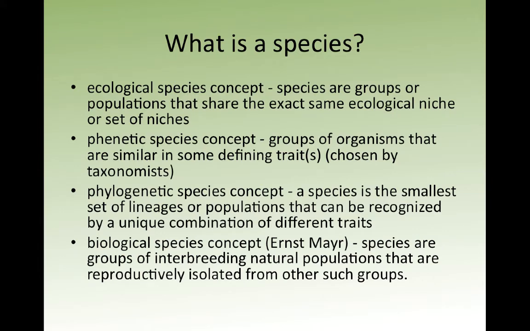Finally, what came about through the work of Ernst Mayr was the idea of a biological species concept. This drew a distinct line with what are species in terms of groups of interbreeding natural populations that are reproductively isolated from other such groups. So in this case, species had to be biologically viable with each other, be able to reproduce, and be isolated